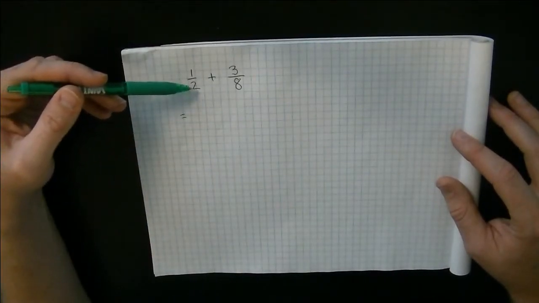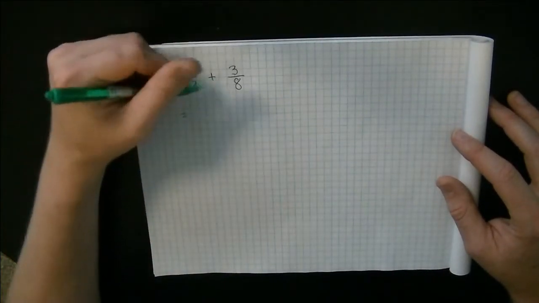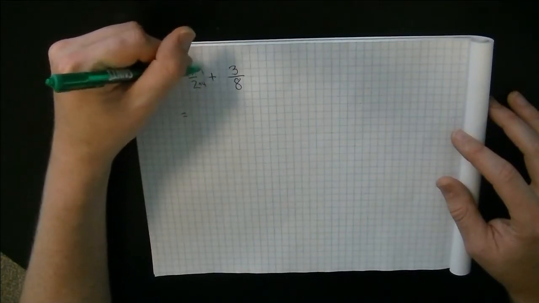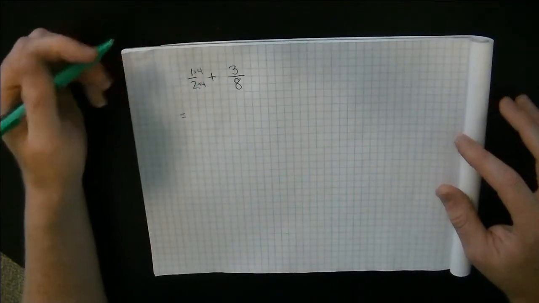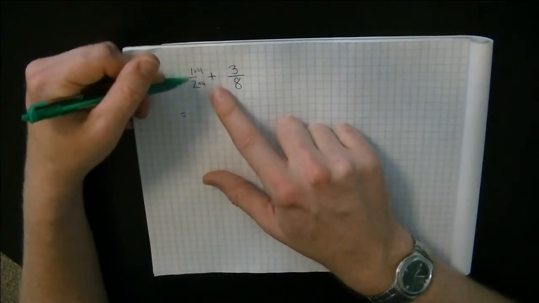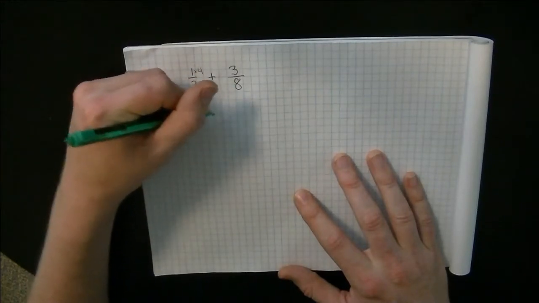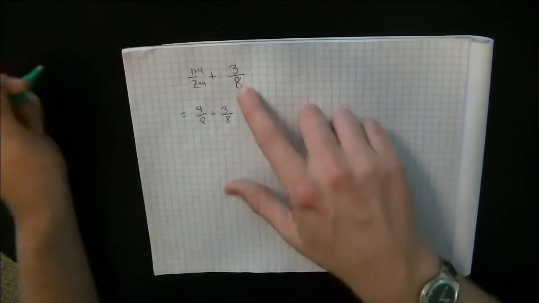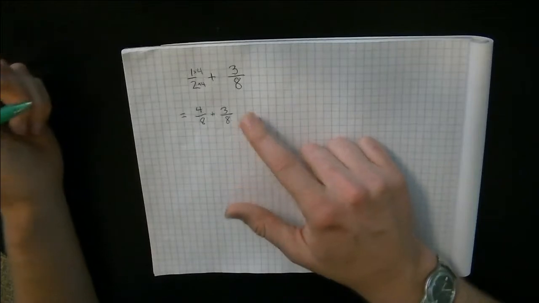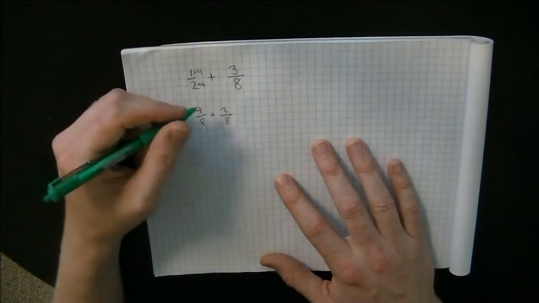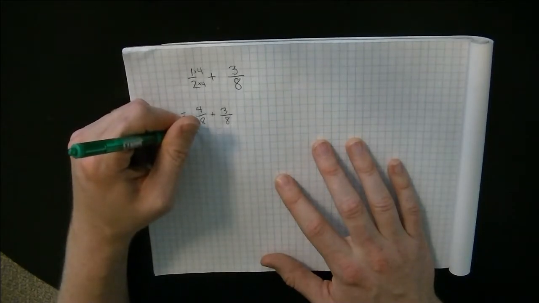I know I can multiply 2 by 4 to get 8. So I'm just going to multiply both the numerator and denominator of this fraction by 4 to get 4/8, and I'll leave this one as 3/8. So now we have 4/8 plus 3/8 gives me